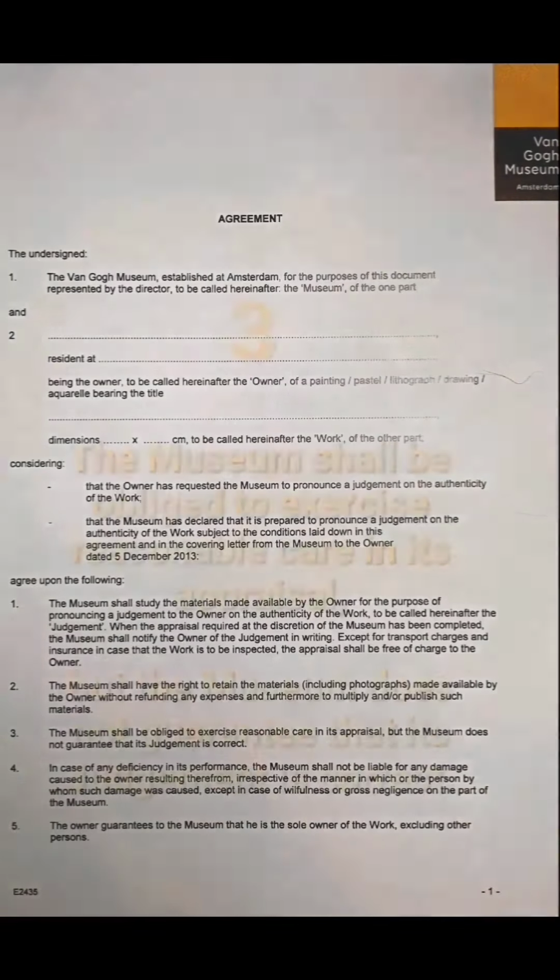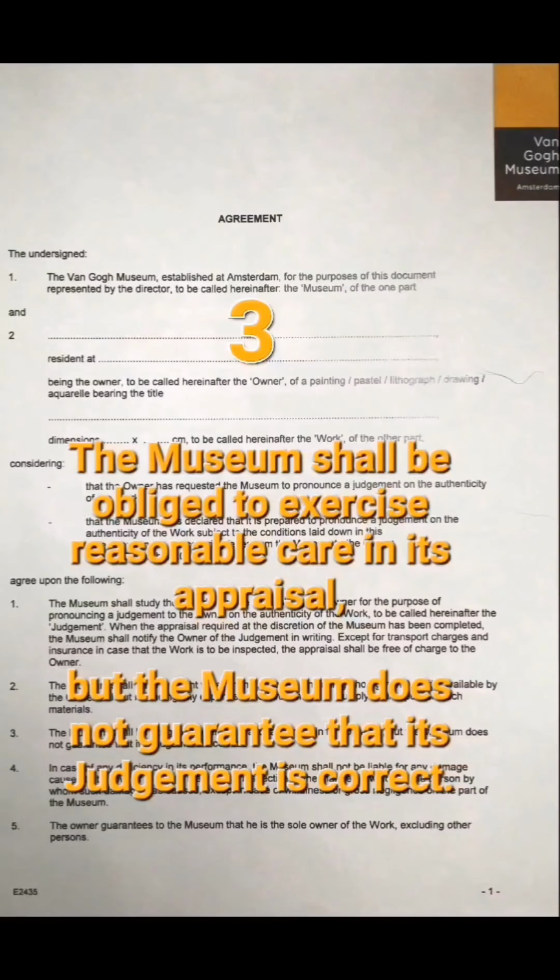Article number 3 of that agreement. The museum shall be obliged to exercise reasonable care in its appraisal. Oh, that's good. I would think that's a good idea. But the museum does not guarantee that its judgment is correct. Okay, that's fair. Because I think it's good that they write this, because they have been in the past sometimes,